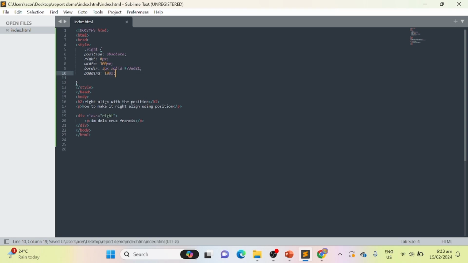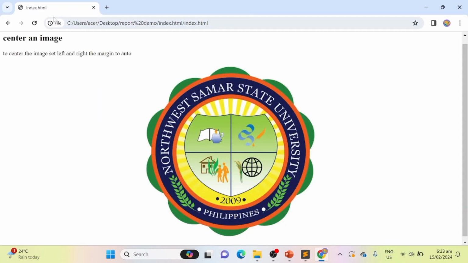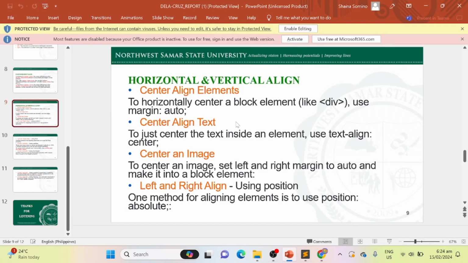So, see the result. So, here it is. This is the result of the right align with the position. Next is